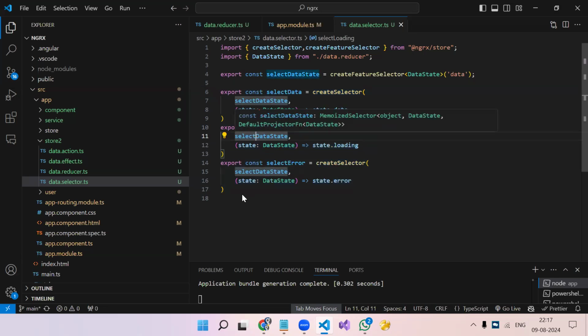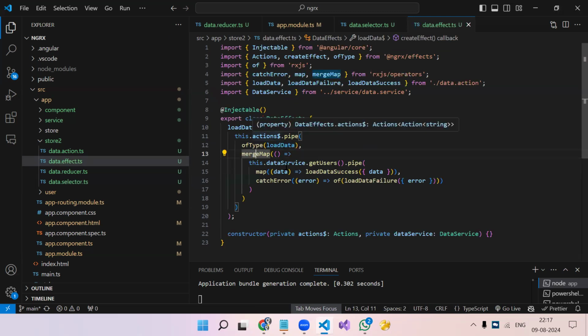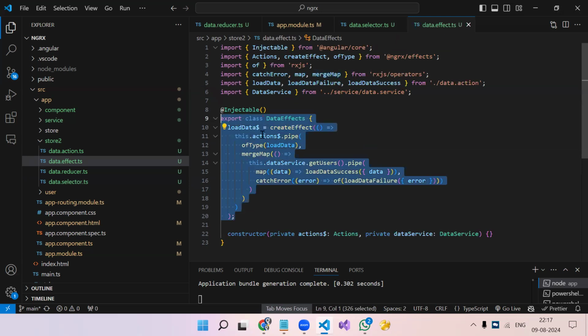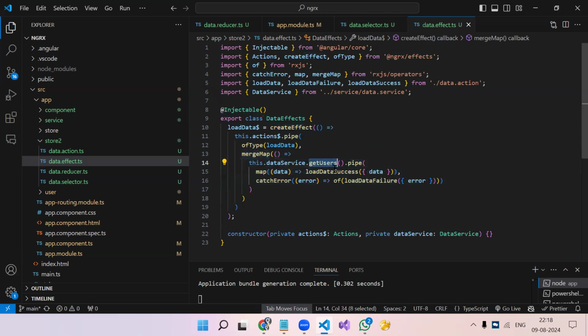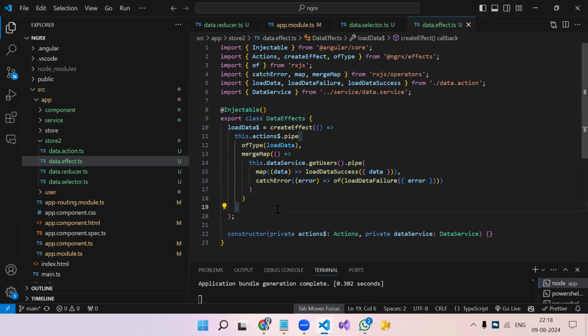सर इसका मुझे समझ में नहीं आया था, ये इफेक्ट आपने जो लगाया, इफेक्ट का थोड़ा सा कंफ्यूजन है। हाँ, तो ये मैंने बोला कि एपीआई कॉल के टाइम पे अपने को ये इफेक्ट लिखना पड़ता है। क्रिएट इफेक्ट बनाया हमने। फिर अगर एक्शन का टाइप लोड है, तो हम मर्ज मैप एग्जीक्यूट कर रहे हैं, और मर्ज मैप में एपीआई कॉल किया, एपीआई कॉल का जैसे ही डेटा आया, हमने लोड सक्सेस एक्शन हिट किया, और उसको डेटा भेज दिया। अगर फेलियर है तो ये। तो ये सारा कोड मुझे अब सर्विस में लिखना पड़ेगा जाके? नहीं, ये आपका अलग है। सर्विस में आपका सिर्फ एपीआई कॉल है, यहाँ पे हम सर्विस का फंक्शन कॉल करके अपना एक्शन कॉल कर रहे हैं।